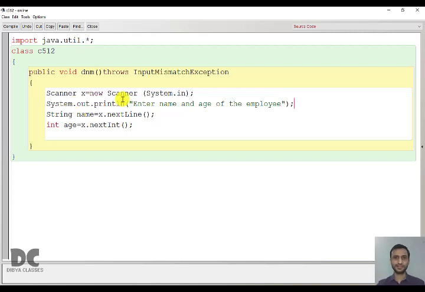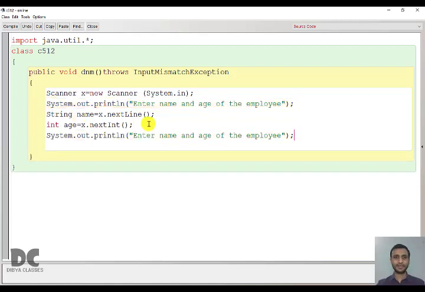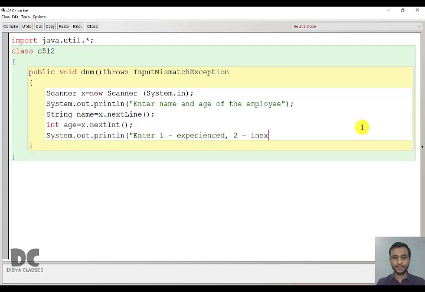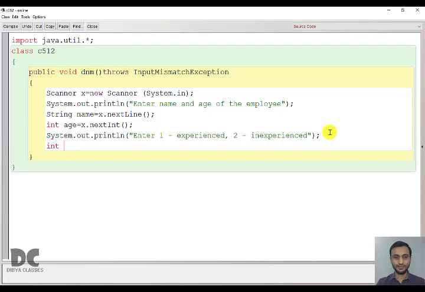Then after taking the name and age, again we ask, enter 1 for experienced and 2 for inexperienced. If the user enters 1, we'll know he is an experienced candidate, and if he enters 2, he is an inexperienced employee. So for that, we'll take a variable exp, x.nextInt().